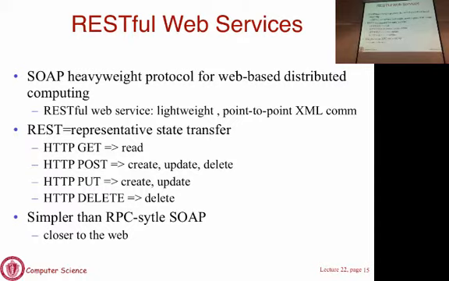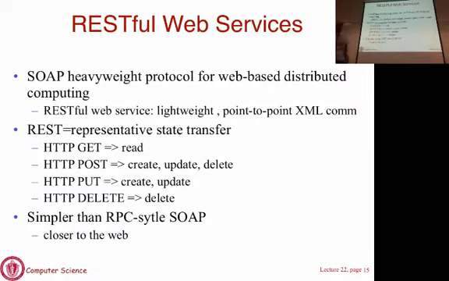This is very common when you write mobile applications. If you write a smartphone application, typically when it talks to a server, it is using HTTP. And the HTTP is basically written as a RESTful web service. Most web applications don't use arbitrary protocols, they simply use HTTP, which is common. And when you make a request through a phone app, it is going to go as a RESTful web request, which is going to look like what I showed you, the SOAP request, but a much simpler variant of that. So basically here also you have HTTP GET to read, HTTP POST to create, HTTP PUT is also to create, and you can use delete.